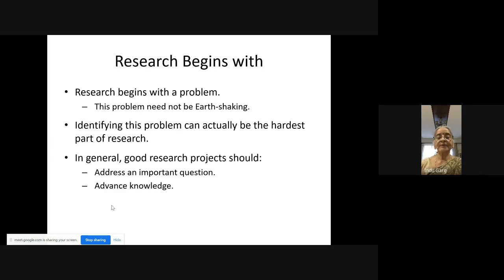So it does take time in formal research, but right now in your classroom research, you can easily identify a problem. And as a teacher, if you look deeply at your students, and if you're very seriously interested in your students, you will try to find a solution. You will identify the problem and work towards finding that solution. So in general, a good research project can be addressing an important question, something that troubles you as a teacher, something that you want to bring about improvement in your students. And of course, then you want to advance knowledge of yourself as well as your students.